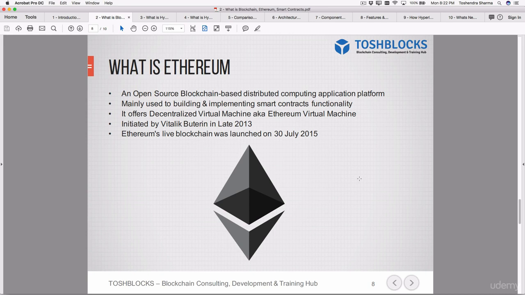Ethereum is an open source blockchain based distributed computing application platform which lets you execute smart contracts on the blockchain without any dependency on a third party. It lets you automate the execution of transactions using programming methods on the blockchain, which was initiated by Vitalik Buterin in 2013, and Ethereum's blockchain went live on 30th July 2015.